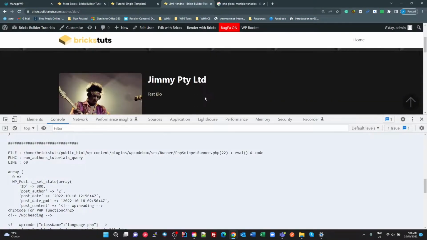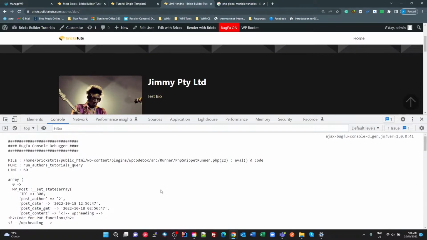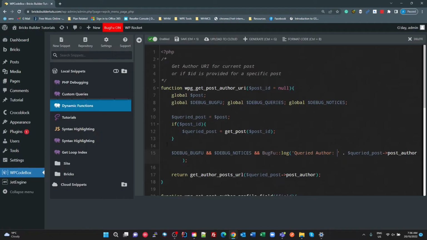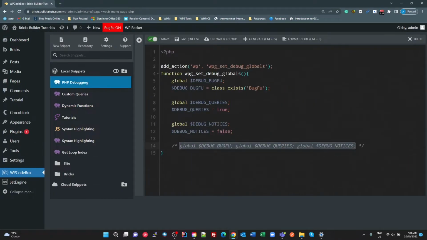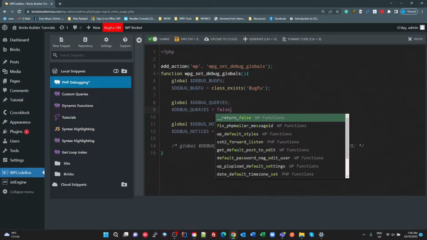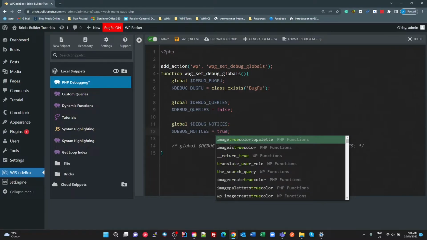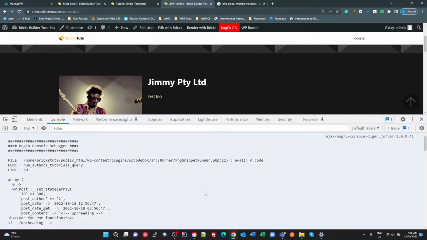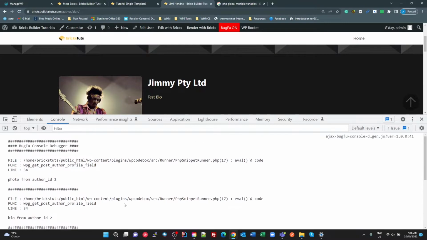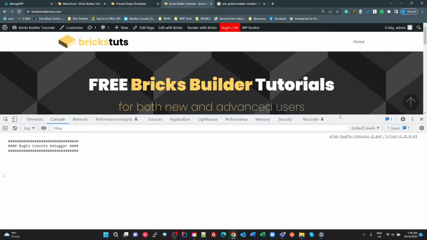And we'll go over to, okay, so what I'm going to do is just turn off that query debugging for now. So query debugging is false. And debug notices is true. Okay, so in here I've got a profile field. Actually, that's not going to call that because I'm not on the correct page. Okay,